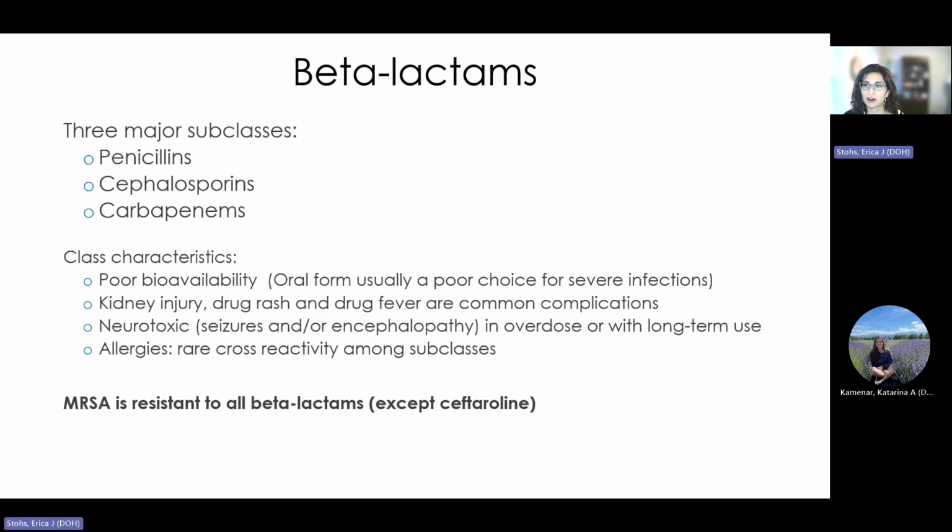So let's dive into our first major class of antibiotics, and these are the beta-lactams. These are probably the antibiotics you're most familiar with. We can further subdivide these into 3 subclasses called penicillins, cephalosporins, and carbapenems. There are certain general class characteristics. This is not a whole truth for all of them, but in general, certain oral beta-lactams do have poor bioavailability. And when I say bioavailability, what am I referring to? This is how much of the drug is absorbed into systemic circulation to have activity against whatever you're treating.